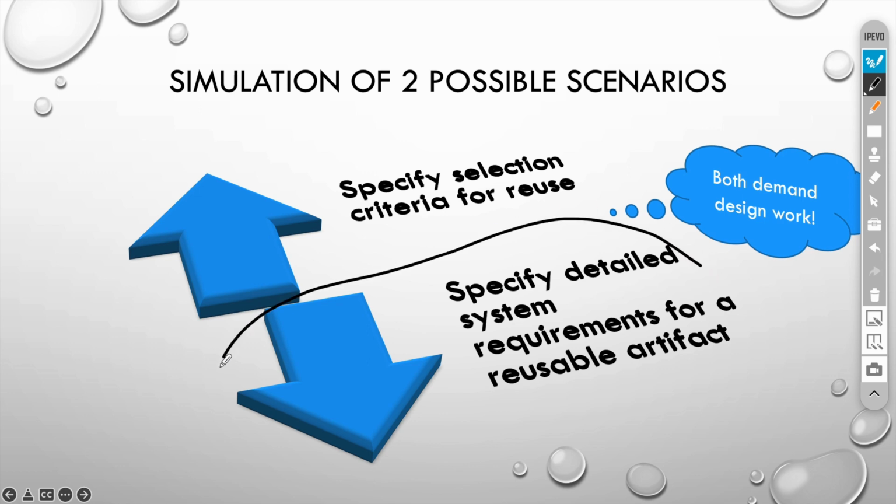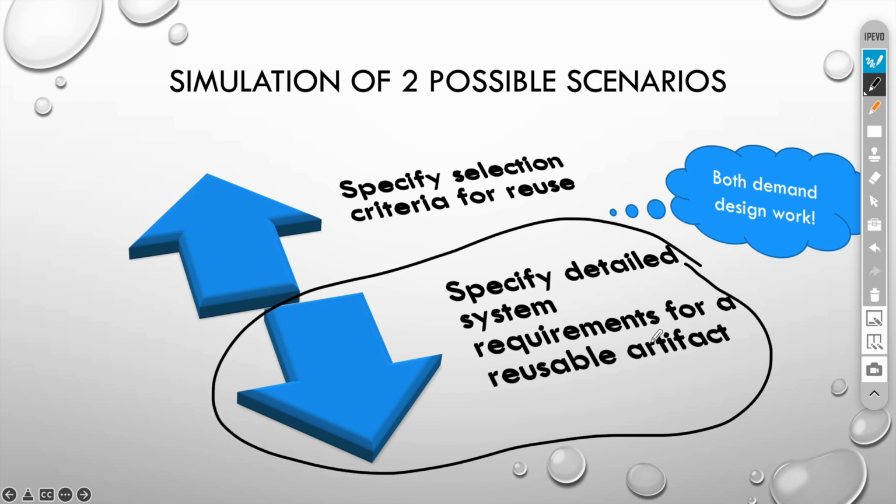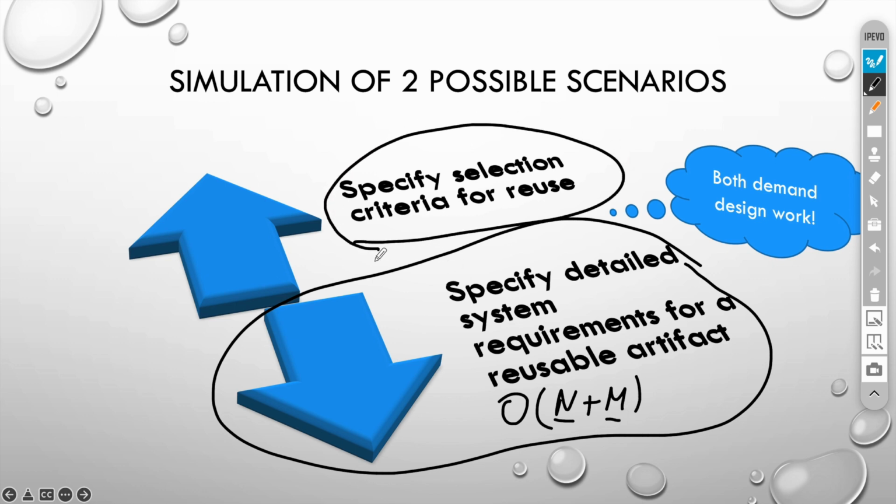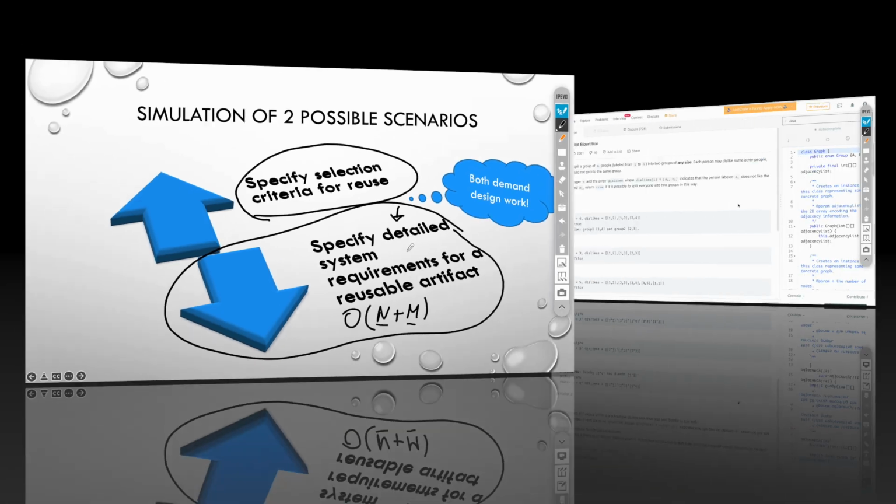We have finalized this part here by developing a reusable artifact which is now available for anybody interested in solving a similar problem. The algorithm that we have implemented is linear in the number of nodes and number of edges, where n is the number of nodes of the graph and m is the number of edges. What we are going to tackle now is this upper part, by solving our initial problem, but this time reusing what we have developed here.